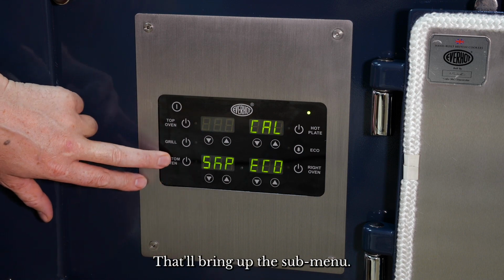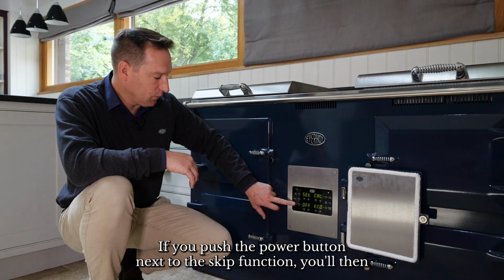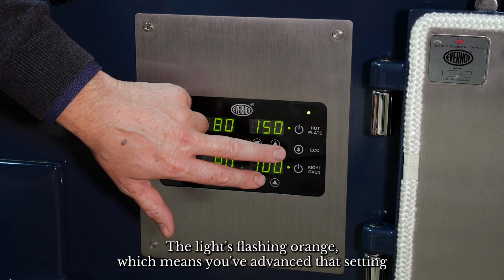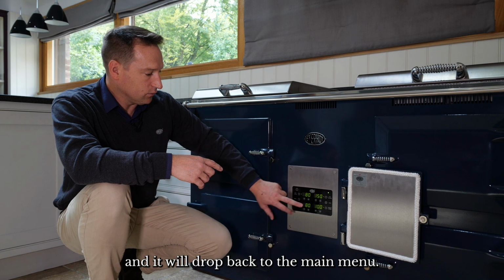That'll bring up the sub menu, and at the moment you'll see that the skip function is turned off. If you push the power button next to the skip function, you'll then see the cooker's dropped into its half temperature eco mode. The light's flashing orange, which means you've advanced that setting, and it will drop back to the